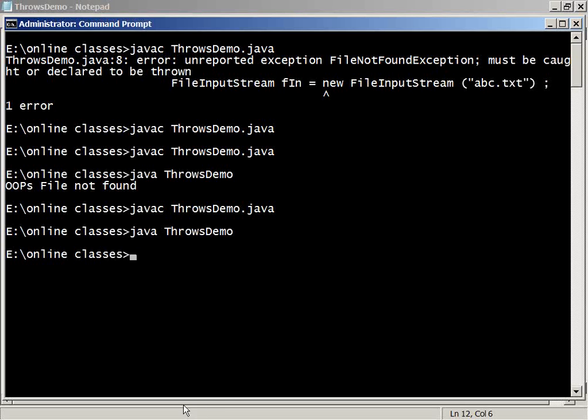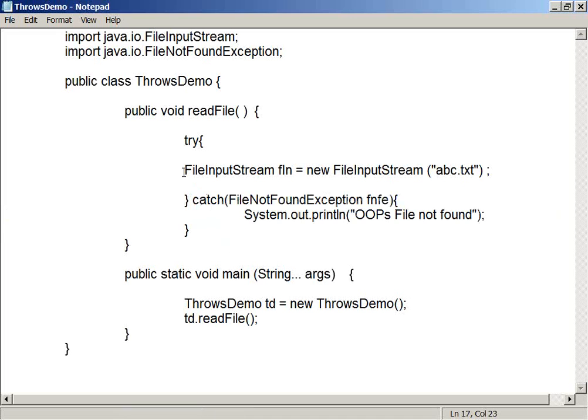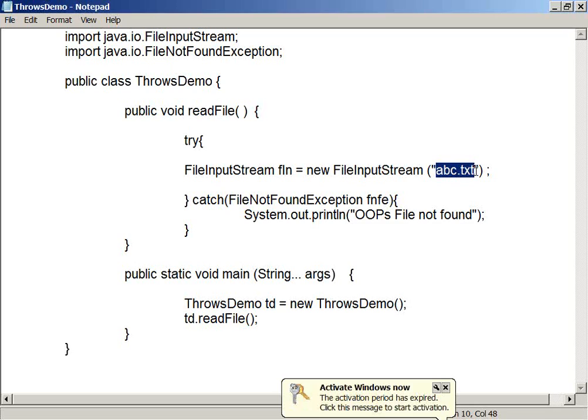But the difference is that the compiler is strictly checking something else. The point here is, while you compile your program, the compiler is not seeing whether this abc.txt is there or not. The file will be opened at runtime only. The compiler is not going to check whether abc.txt is there or not. Getting me?